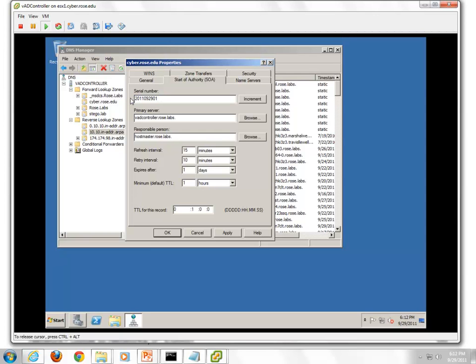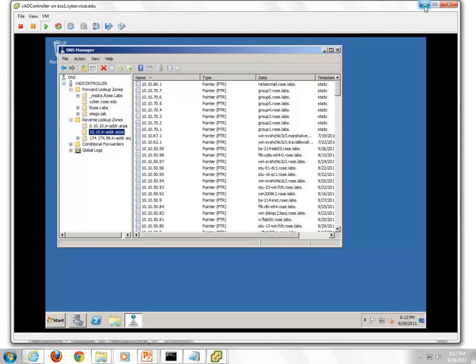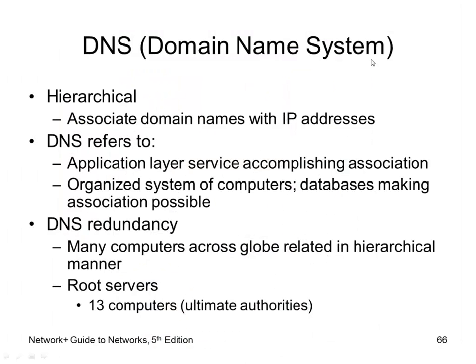The whole deal on serial numbers, I told you a second ago, actually, I don't want to screw up any of this stuff in case William's playing with it, but I talked about redundancy, okay? Even with the Rose.Labs, I got 2 machines that do it. Even with the Cyber.Rose U, I got 2 machines that do it. So that serial number tells me which is the latest version, okay? And you can really screw that up. Say your serial number is 25, and my serial number is 15. Who's newer? You, because you got a higher number.